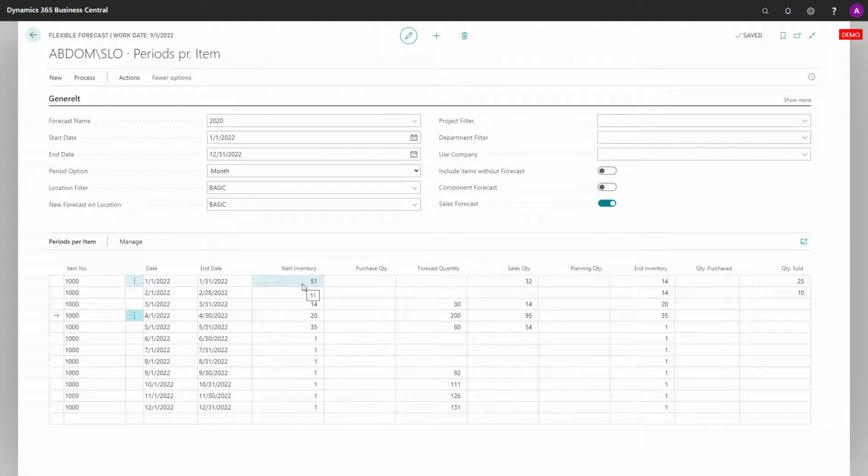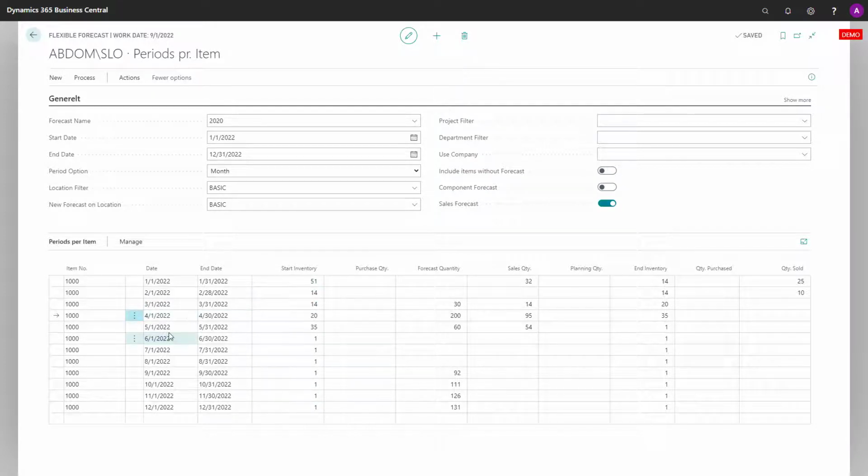In the start inventory column, I can see the inventory at the beginning of that specific period. That inventory includes history, meaning it takes into account what the actual inventory was on the first date. Then you can see the development of the inventory all through this column. So it takes into account all the columns you can see on the right-hand side and all the hidden columns as well: the transfer quantity, production quantity, assembly quantity, etc. So the inventory calculates all your inventory movements and displays the inventory value.